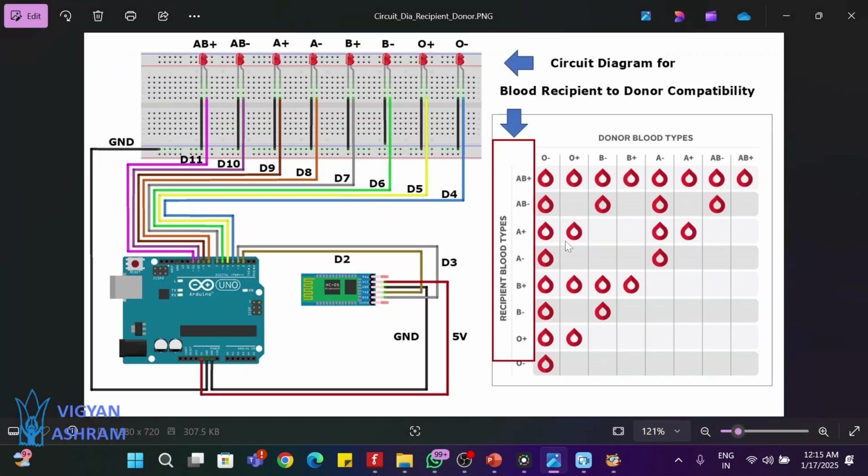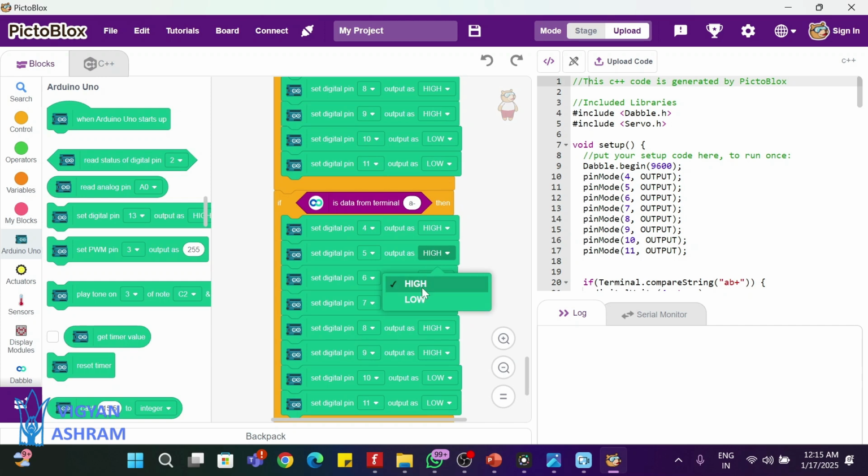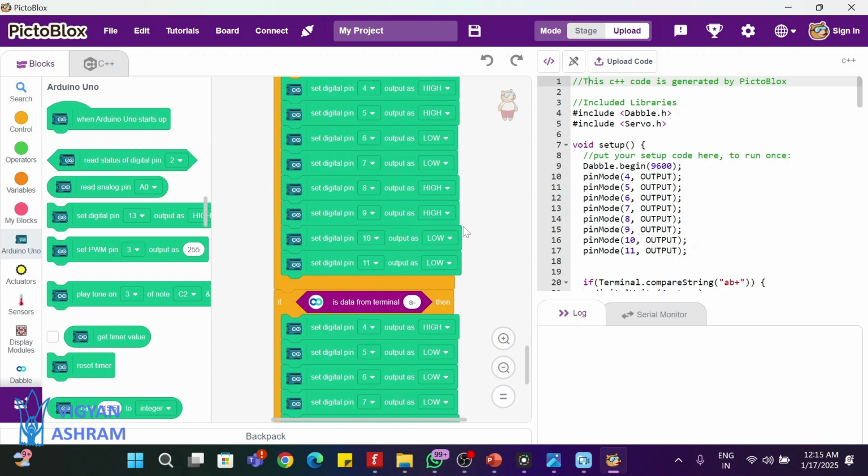A negative. So pin number 4 and pin number 8. So that is A minus A negative. So pin 4 and 8. So all other pins are low. 4 and 8. Yes. So A negative is pin number 4 and 8. So we are done with,